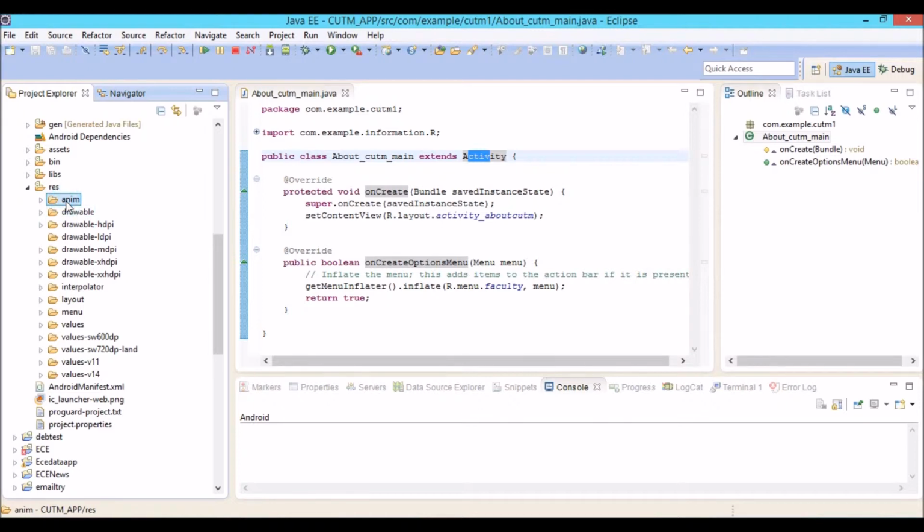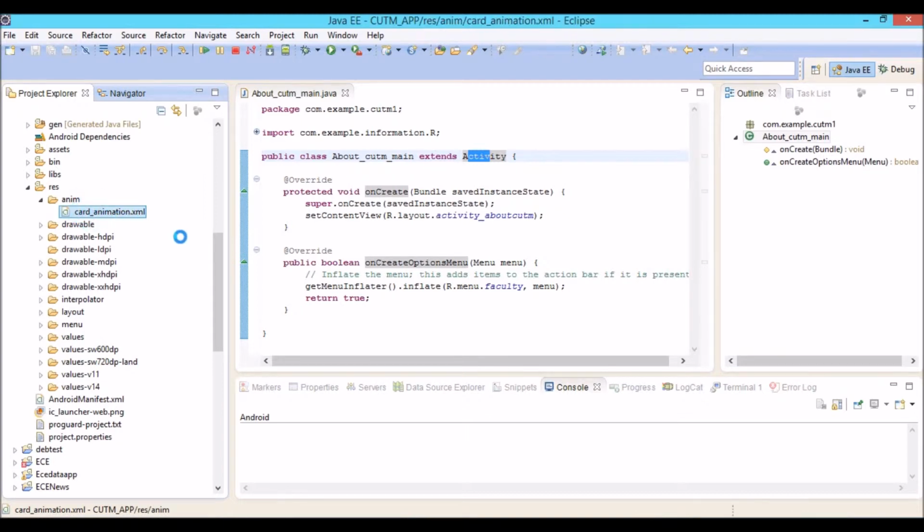This is the anim folder, it contains the animation files. That means what animation should be played while clicking on a button, and while sliding, all those animation design things have been given in this folder in XML format files.